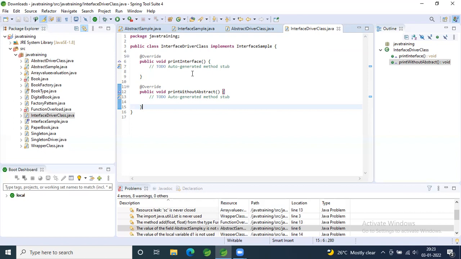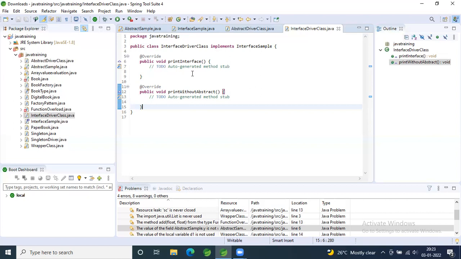Whereas in an abstract class, say iPhone 11, 11 Pro and 11 Pro Max have the same features. Only the difference is the display is going to change. So what I can do in that case, in the abstract class print layer, I can have my own logic as common, and whatever is getting changed, only that part I can implement in my child class or override in my child class. Okay. So you understood the difference between abstraction and the interface? So in an interface, we cannot have a concrete method, right?